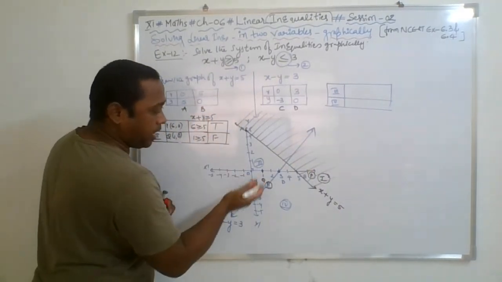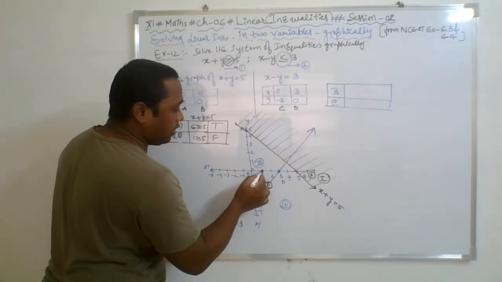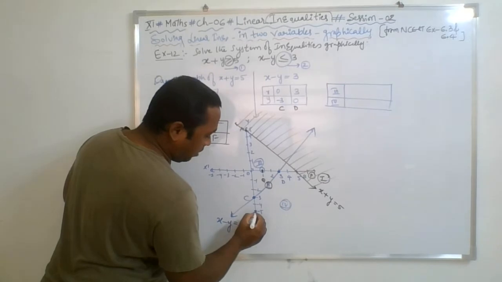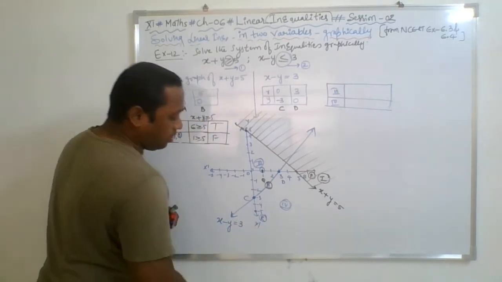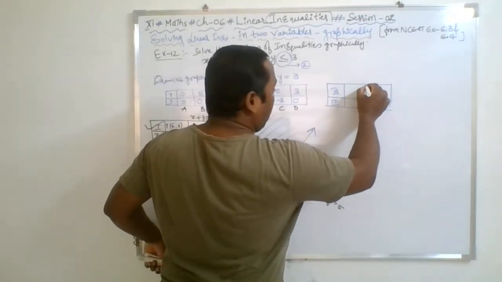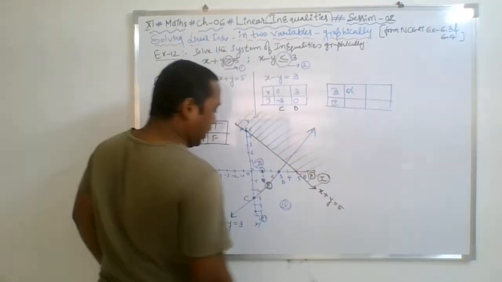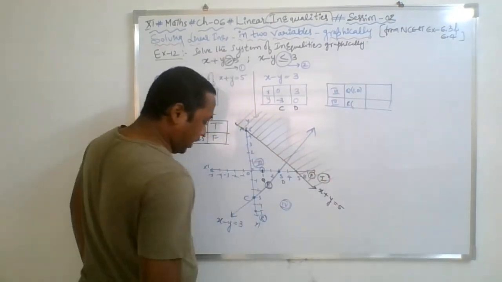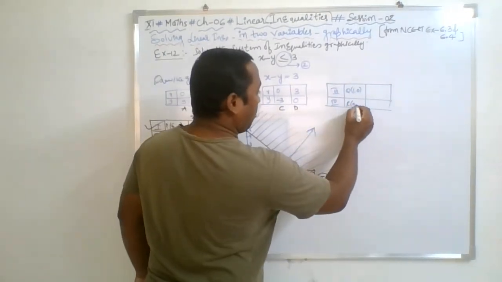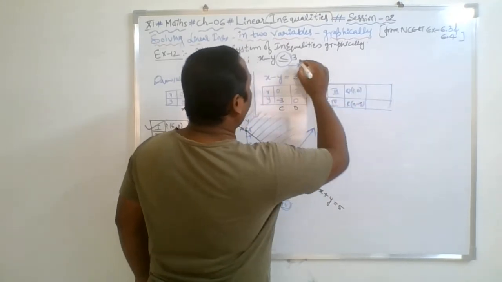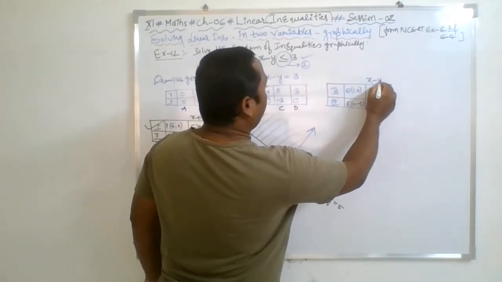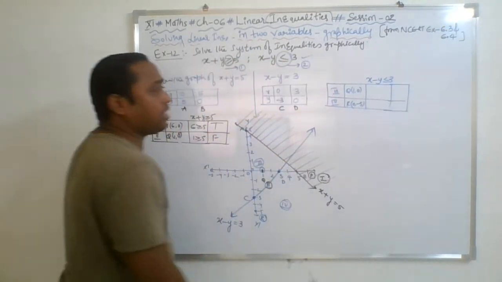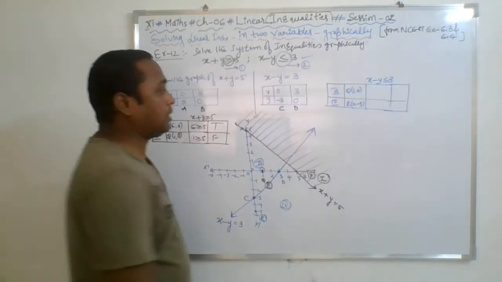So from third, again you can take a similar point. Let us say Q I am taking here. For fourth, I am taking R as a point for reference. So I am taking Q as a reference point, 1, 0. R is a point which is 0, -5. I need to put them into the inequality x minus y is less than or equal to 3, and then I will decide which is true, which is false.